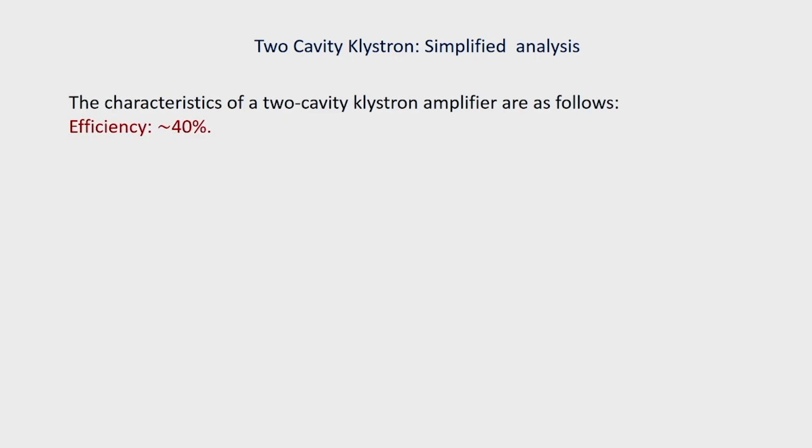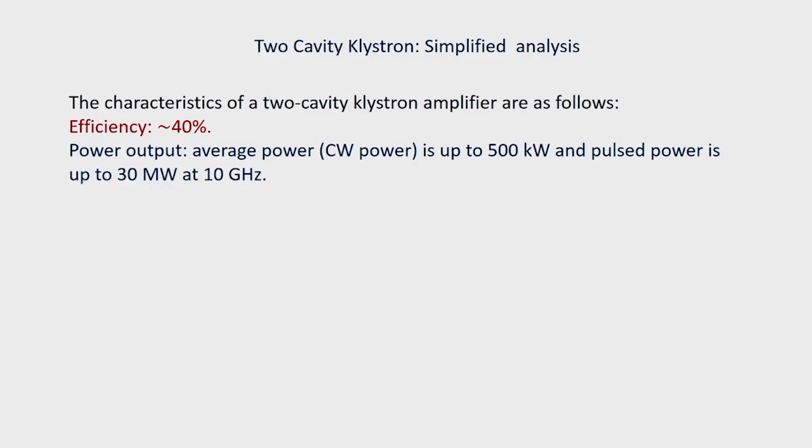Its efficiency is of the order of 40%. The power output, we generally talk of two types of power output. One is the CW power or continuous wave power. It can be up to 500 kilowatt,